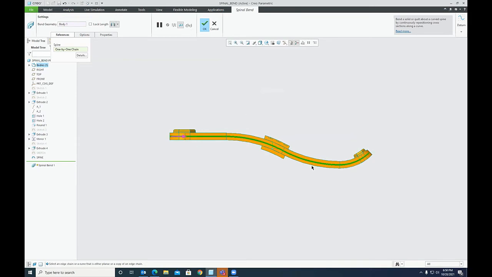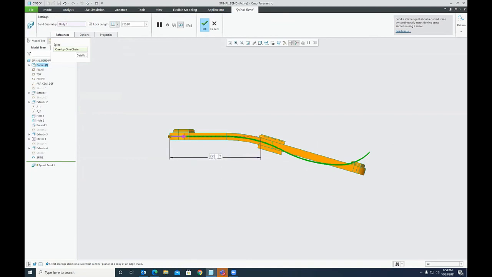That's why the model is going beyond its actual length. So if I say lock length, then only the model length will be bent, and this thing is remaining outside that. Okay. And next thing, I can create this up to some particular length. That kind of bending I can do.